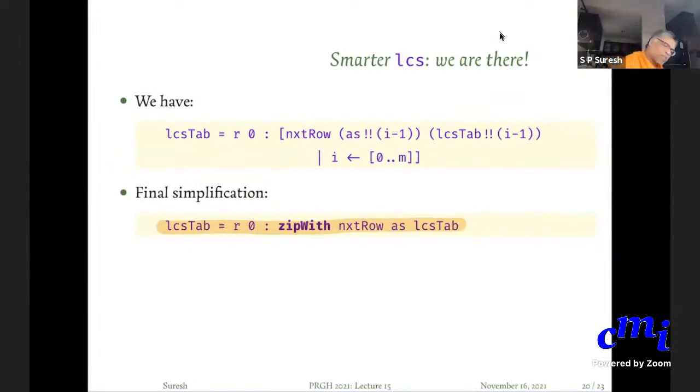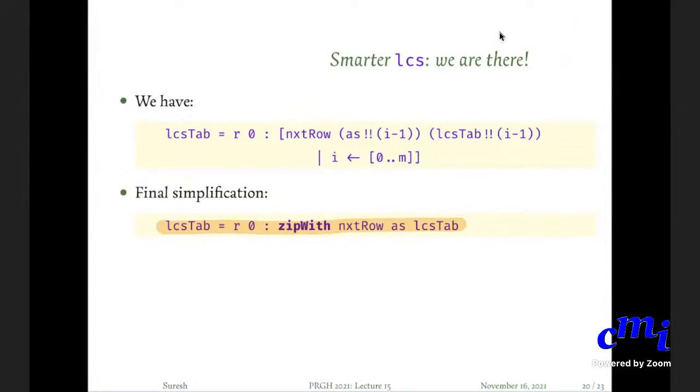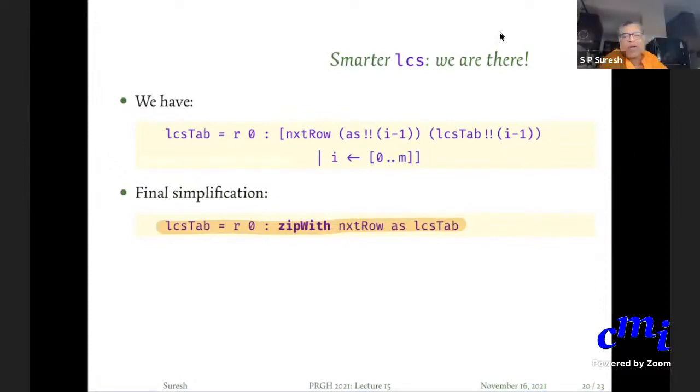I'm just saying this is the same, just generalizing whatever we did with r i and fibs and so on, we are doing right now. Okay, because the next row function takes a letter and a row and gives you a new row. So if I do this kind of thing, I'll have a list of letters, a list of rows, and I'll get another list of rows. Okay, and this is my definition. And I have my first row to begin with, so I'll get a list of rows, which is the LCS